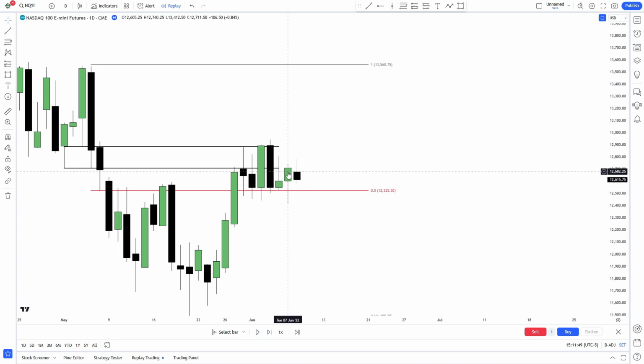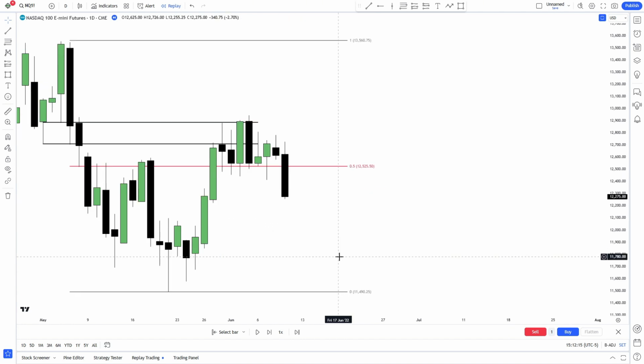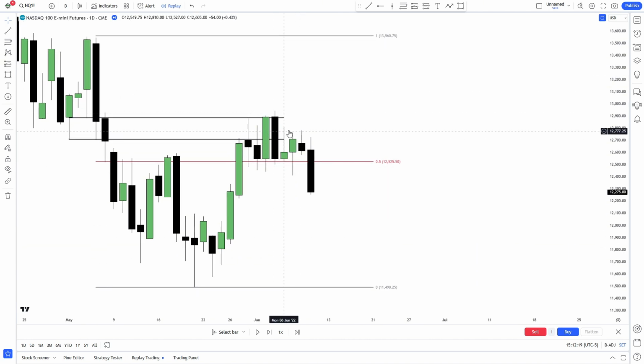We failed to close above this high right here. There's a lack of displacement. So going into the next day, my bias would be previous day's low for a reversal scenario. So if I play price out, we have a nice large range candle and take out previous day's low as well as this swing low right here. So now, as you guys can see, we have respected this bearish order block. We reached up into a premium. Now we're likely going to fill in this inefficiency right here